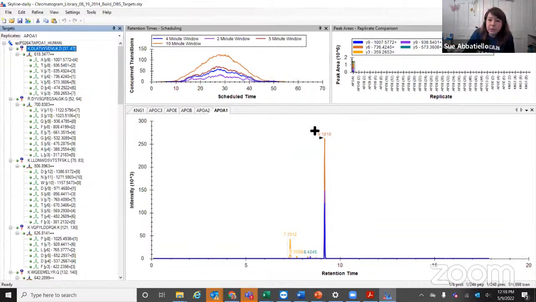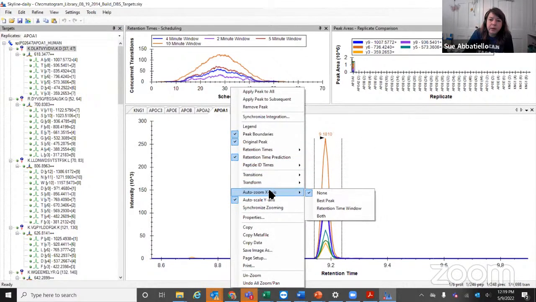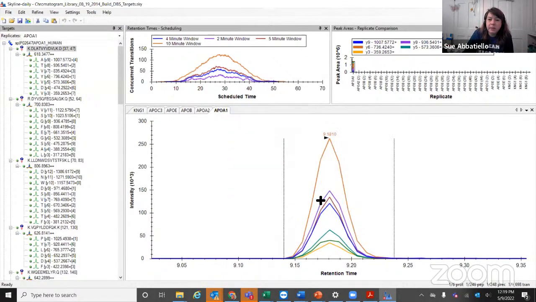So something I like to do is, let's zoom in. Again, left click, or if you right click, you can do auto zoom X axis and make it best peak. And that'll zoom into the peak that Skyline thinks is your peptide. So what's nice about this is we see the retention time, we see the signals from all of the product